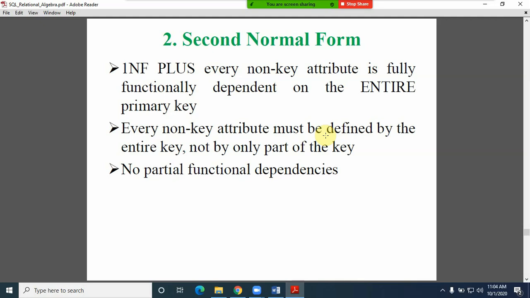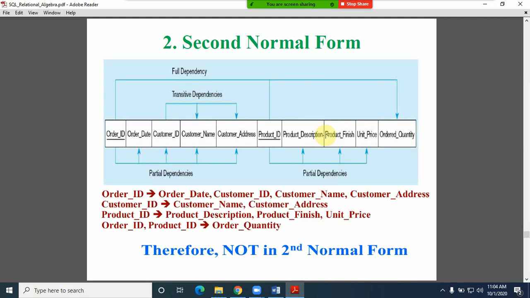That is okay. Now I am considering this table, friends. Just remember this table, because it is always better to follow one kind of best example. So based on the example, you can easily explain the concept. Now I am considering the order table as well as the product table. Within the same table, we are considering order ID as well as the product ID. This order ID, product ID, we are considering as a primary key, for example, a composite primary key.